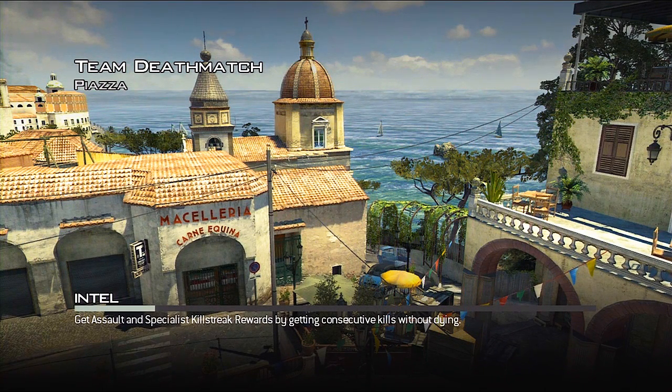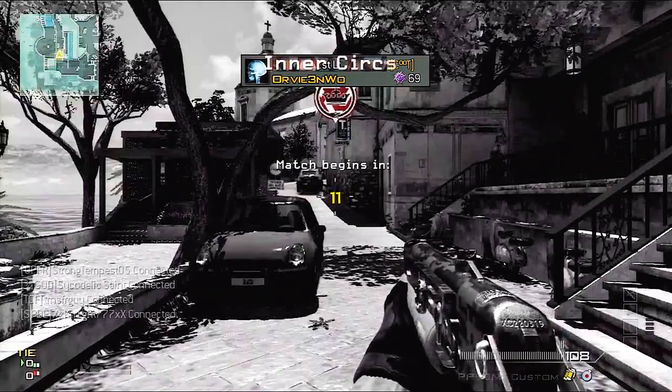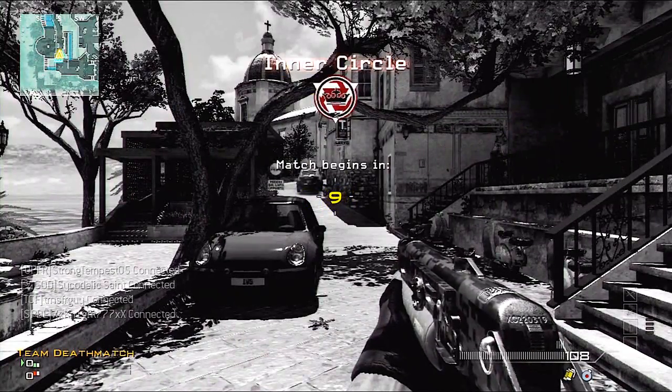This is MW3 NWO bringing you another Call of Duty gameplay. This time we have some team deathmatch on one of the new maps, Piazza. This map is pretty cool. I'm gonna try and get one on Liberation, but in the Elite